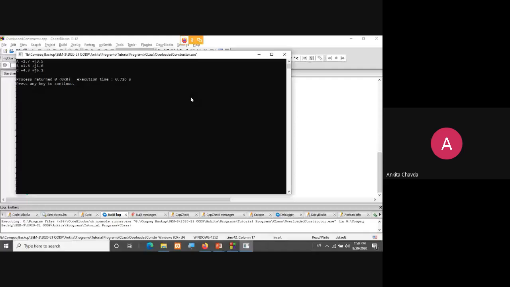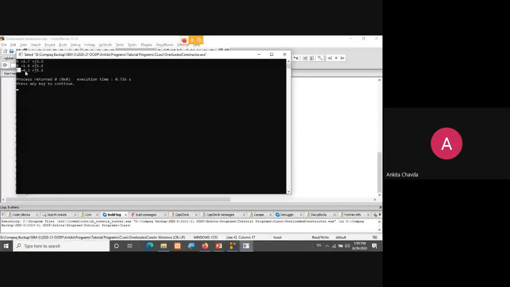See, here I have my A, which has two variables, 2.7, 3.5 for x and y. Same way for B, I have 1.6, 1.6. Both the values are the same, right? One parameterized constructor. And first time it was assigned 0, 0 values, and now I'm storing the summation of these two, means 2.7 plus 1.6, so it is 4.3.